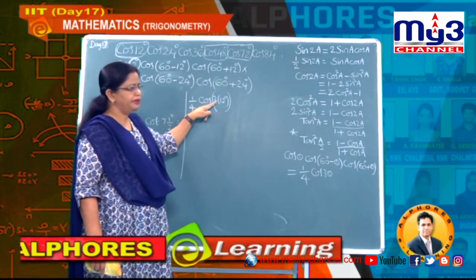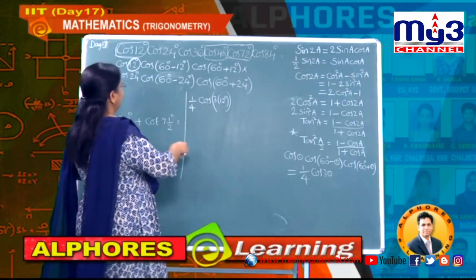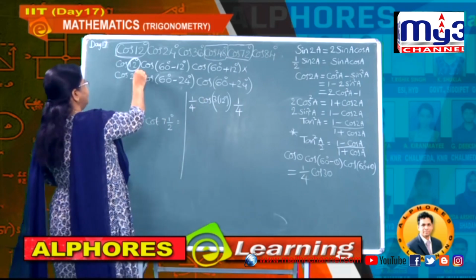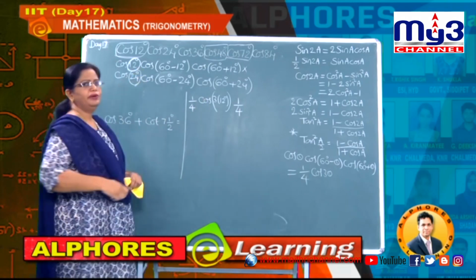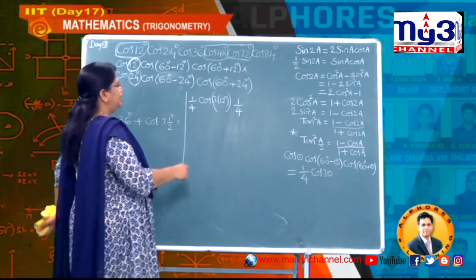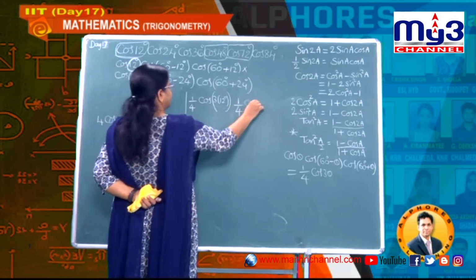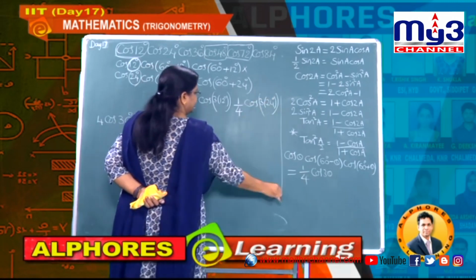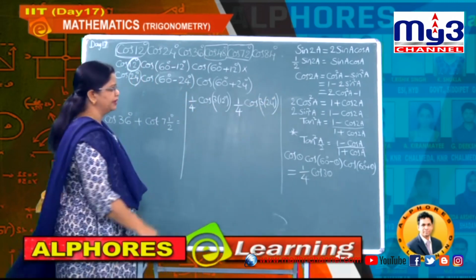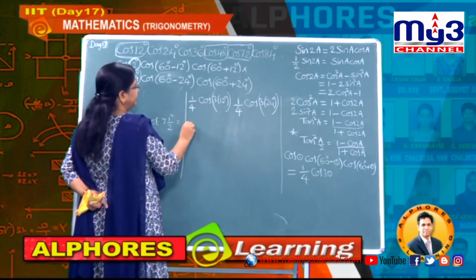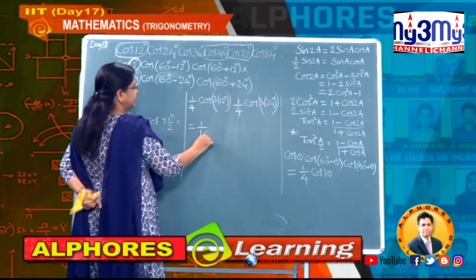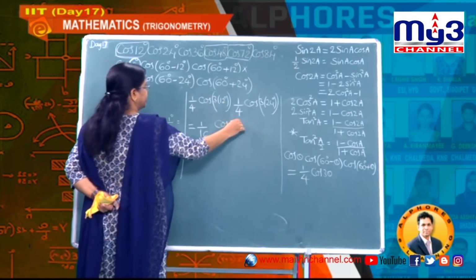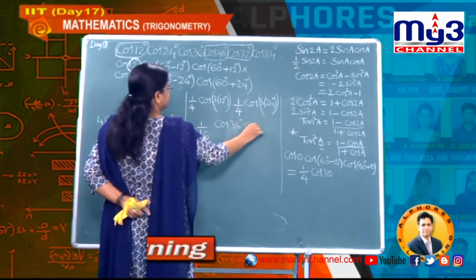Hence it is 1 by 4 cos 3 into 12, and for the other product you got 1 by 4 times, where your theta is nothing but 24 degrees. So here I am writing the value as cos of 3 into 24 degrees. Okay students. So in this way you got values. Now 1 by 4 into 1 by 4 is nothing but 1 by 16. Then this value is cos 36, and into cos 72.